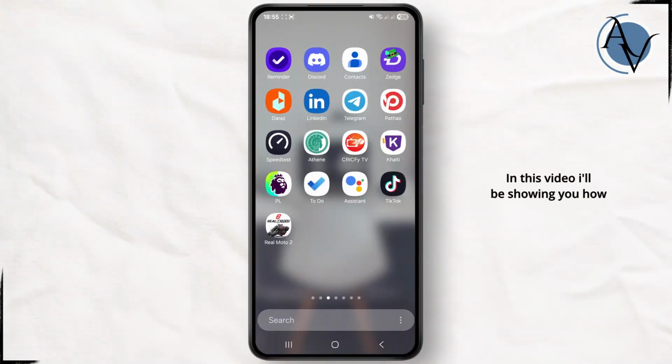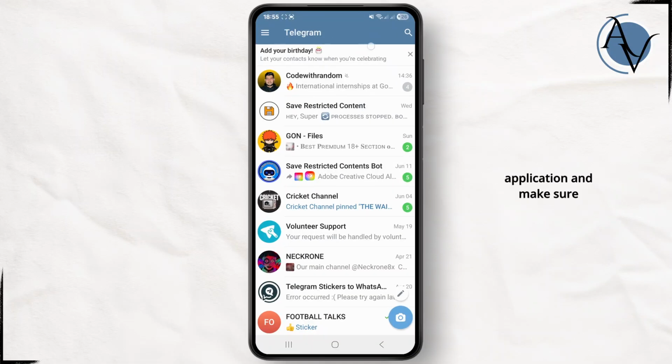In this video I'll be showing you how to delete bot in Telegram. So let's get started. First thing, just head over to your Telegram application and make sure you are logged into